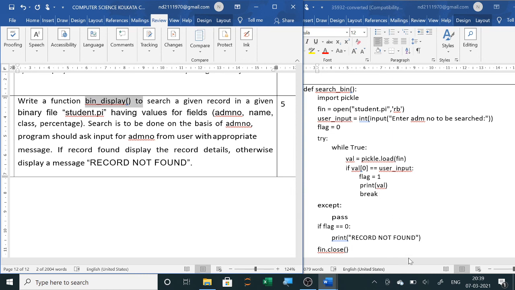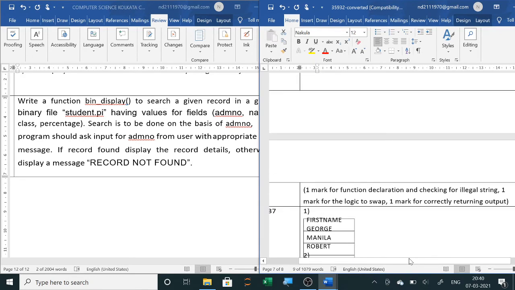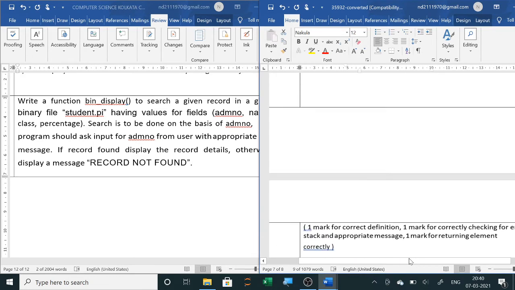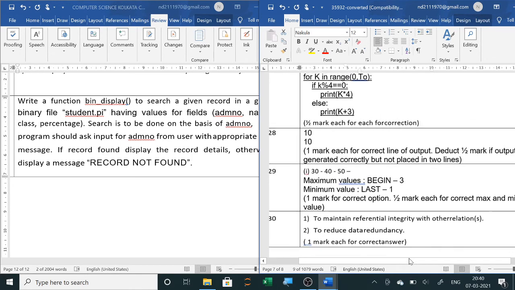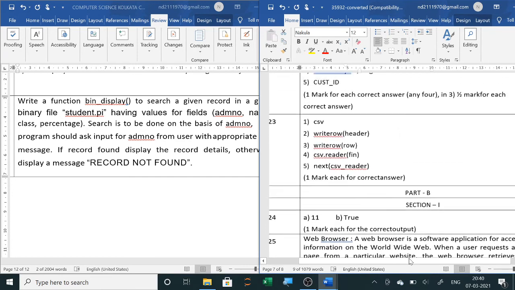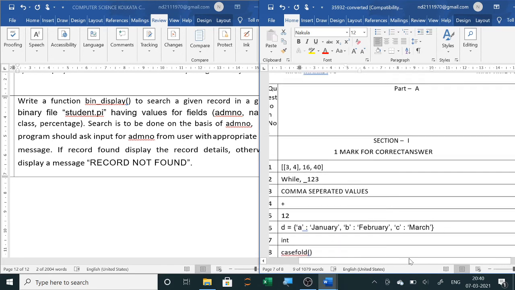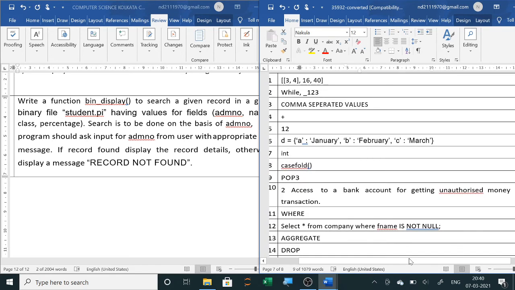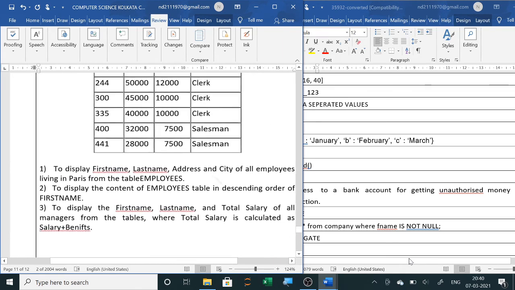So actually, in a hurry I have just shown you all the answers. I just wanted to show you all the answers. I am also seeing it for the first time. You go through the portion, and if there is any clash between your answers and these answers, you just discuss it once, because I have seen one or two places where some typographical mistakes were there. So those you can rectify. For the other questions, I think all the answers and programs were correct. Only the function name in one place was wrong.